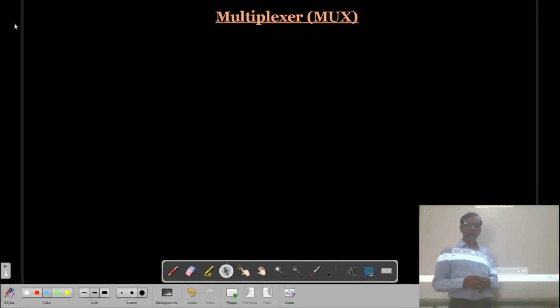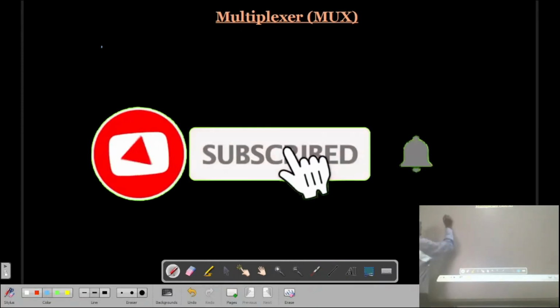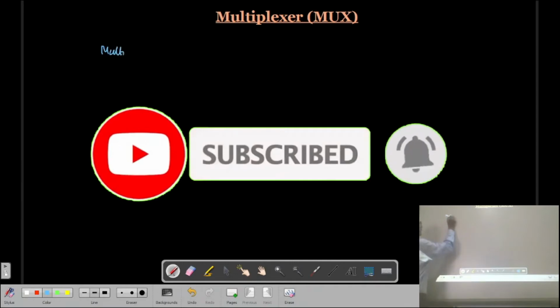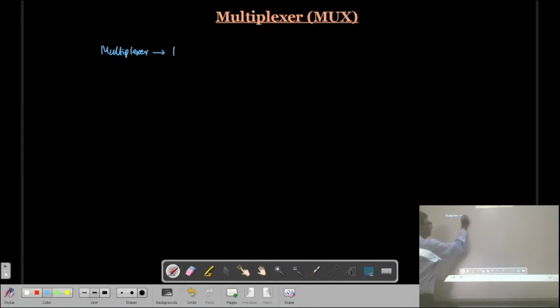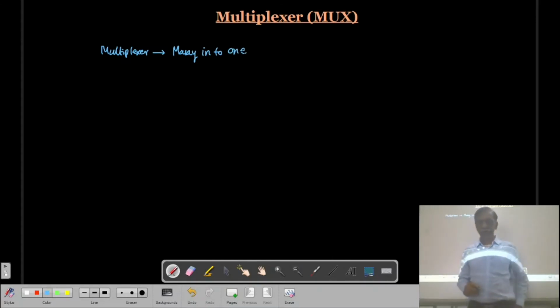The multiplexer means many into one. This multiplexer circuit has a number of inputs, but it has only one output.